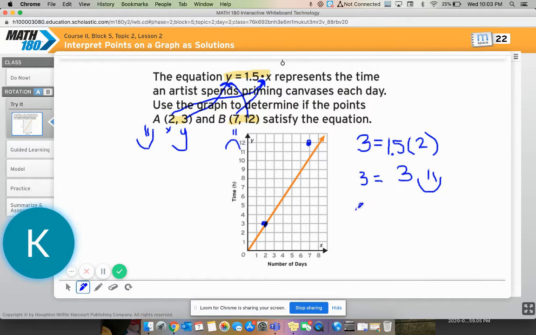So I would have 12 equals 1.5, and parentheses mean times, so we're going to do times my x value, which is 7. Now, 1.5 times 7, I'm going to give you a second to see if you can figure that out. Feel free to use a calculator if you need. 1.5 times 7 is